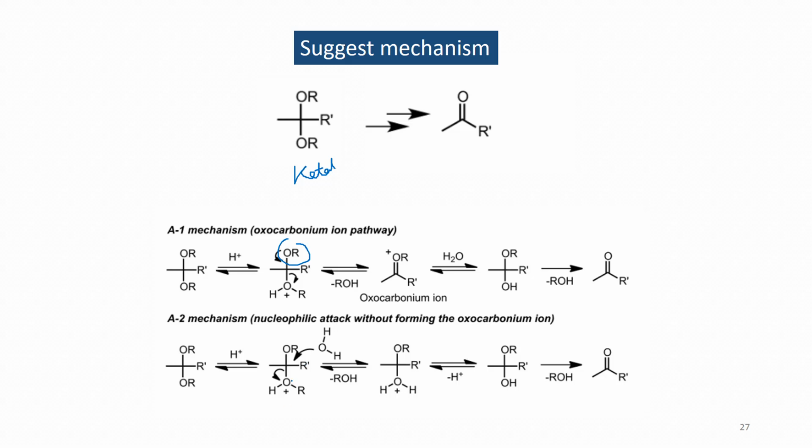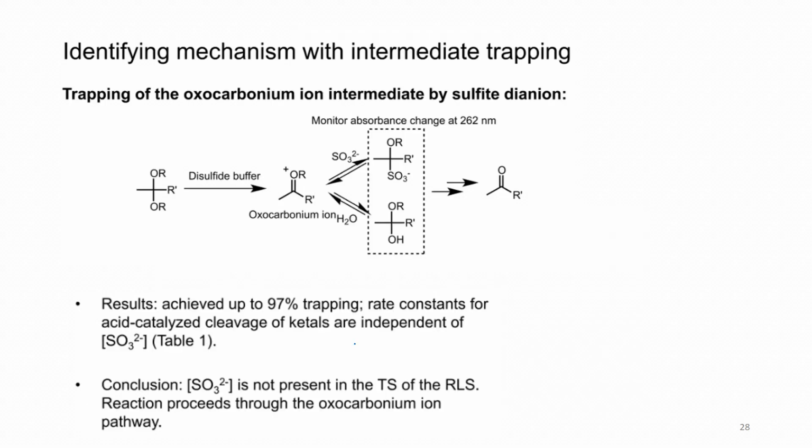Whereas the OR is getting removed by the external nucleophile in the first step. So which will be possible? If we try to trap the oxocarbonium intermediate by a sulfite dianion, we can see